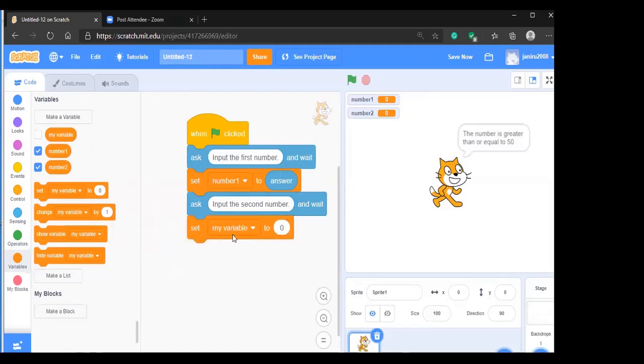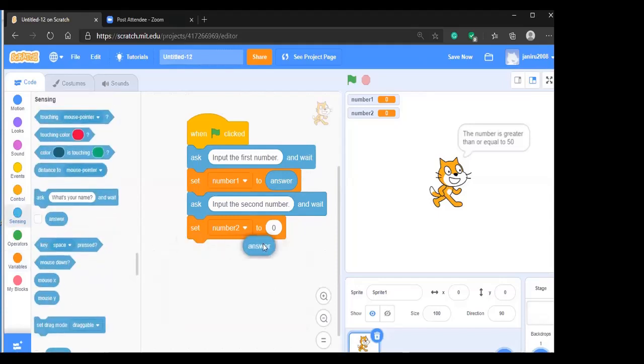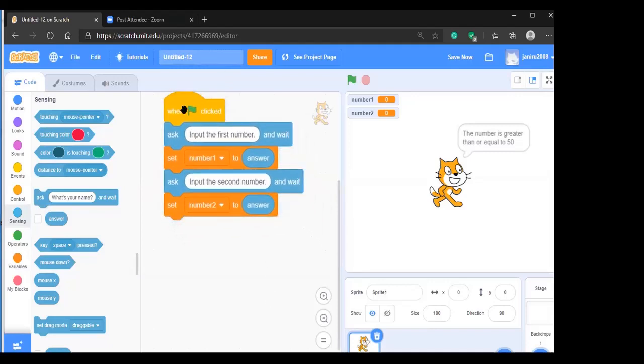The second question was this one, and you use number two and get the answer here, and now you have these two numbers.